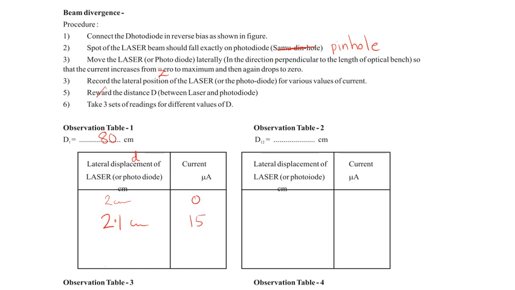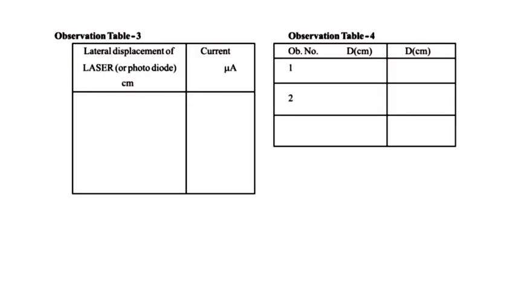So similarly for, let's say, 90 centimeter, I have to do the same reading. So this distance versus current, I have to take the readings. In observation table, third observation table also I have to take. So finally I have to see small d's and capital D's. So these things I can get from the table, okay. So from the table, let's say I have first graph, this is small d, and I will get a current graph like this.